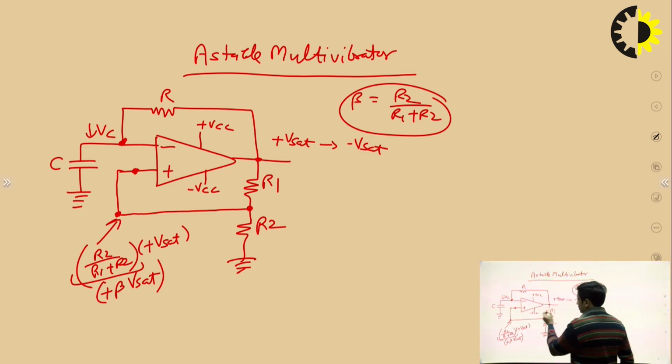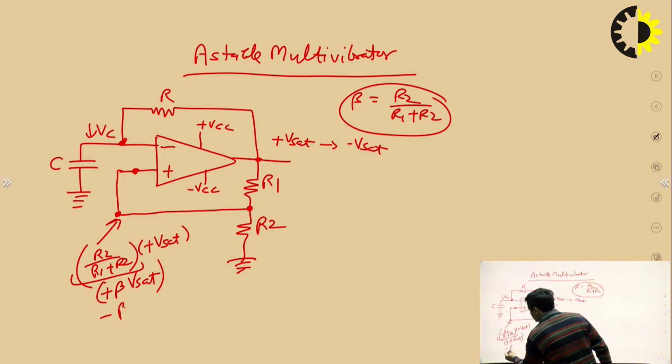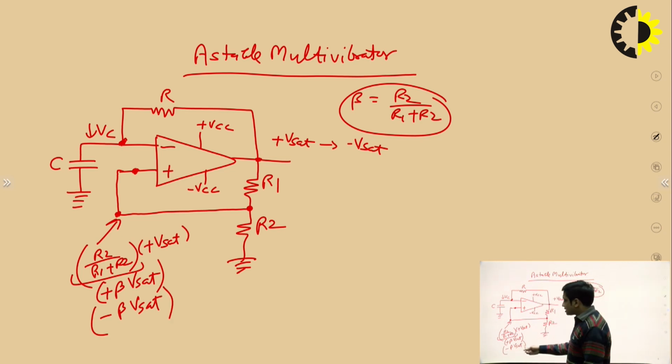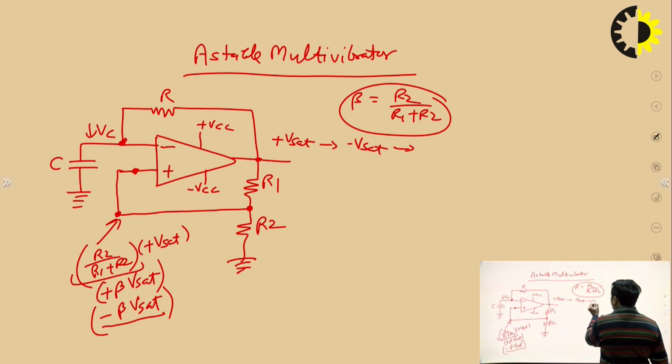minus beta Vset, because when the op-amp output is at minus Vset, the non-inverting terminal voltage will be at minus beta Vset. Now when Vc becomes lesser than minus beta Vset, at that moment the voltage at the non-inverting terminal will be higher. Then again the output of the op-amp will come from minus Vset to plus Vset, and this process